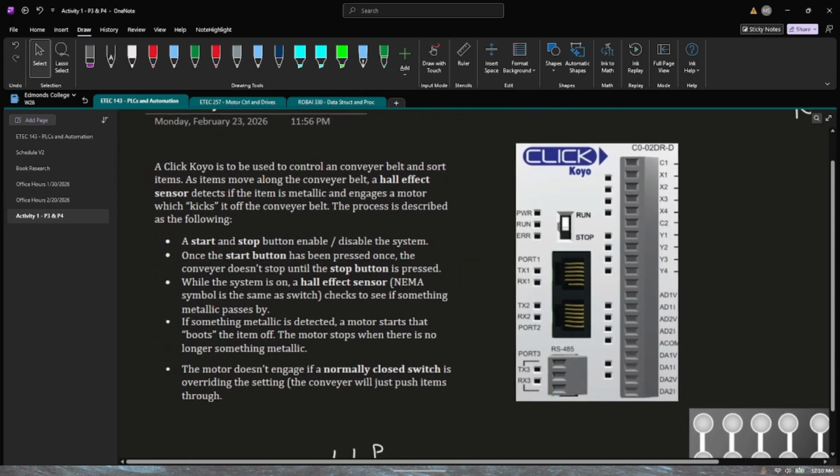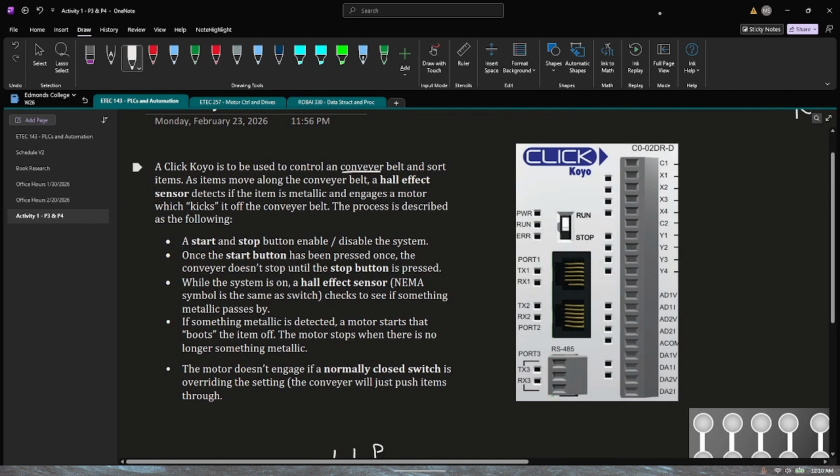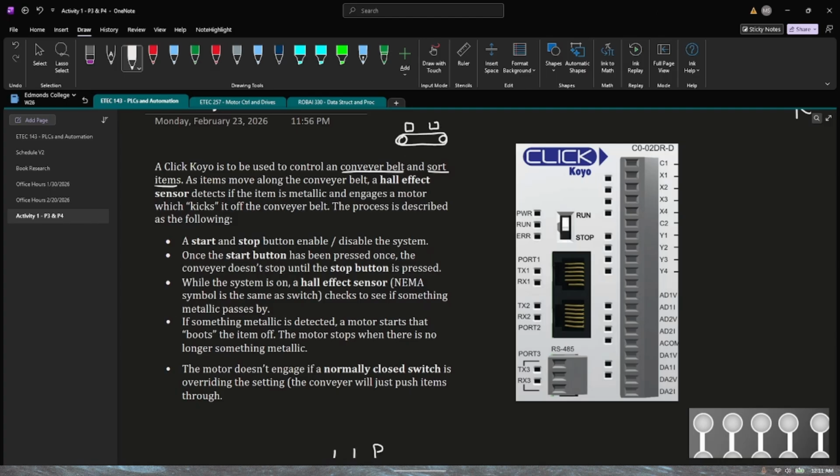So for this problem we have a conveyor belt that sorts items. Our little conveyor belt here will move items along its track, and if it detects some kind of metallic item, which will have a little Hall effect sensor sensing that, it'll use a motor, another motor, maybe I'll use green for that, to kick that little item off